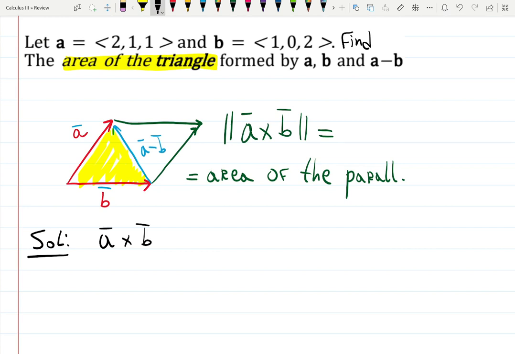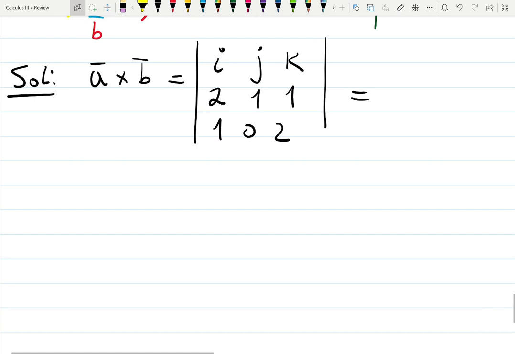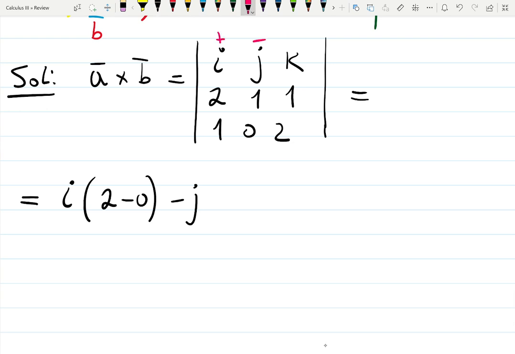Basically, the hardest part of this problem is actually to calculate the cross product of two vectors, a times b. Let's review the process: i, j, k, components 2, 1, 1, 1, 0, 2 equals. Now it depends how fast you know how to find the determinant of this matrix. So it's going to be i, 1 times 2, which is 2, minus 0, minus j, remember this one is always minus, plus, minus, plus,